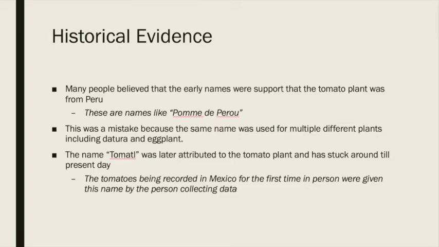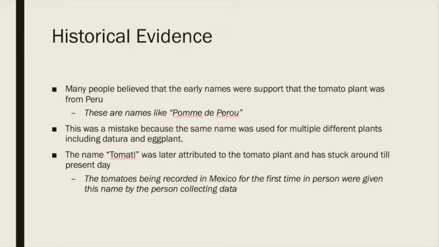And this word has a Mexican origin. So the use of this word historically suggests that the origin of the tomato was in fact Mexico and not Peru. And there were studies proving that the species of plant being talked about was in fact the tomato, and that they were firsthand observed in Mexico,